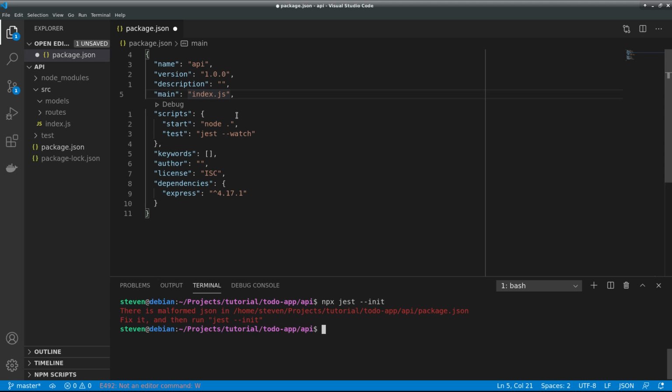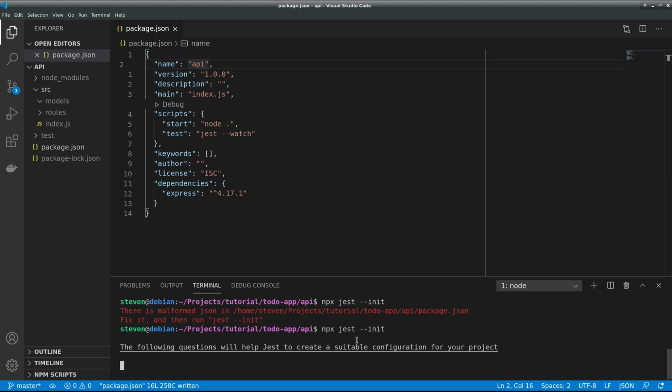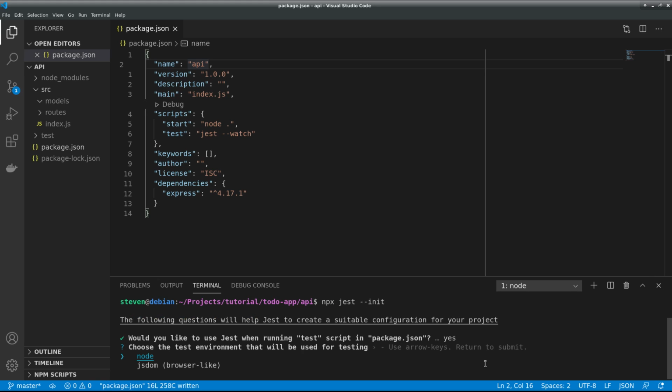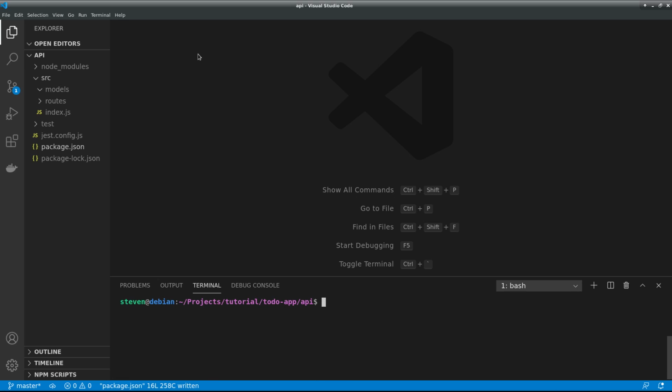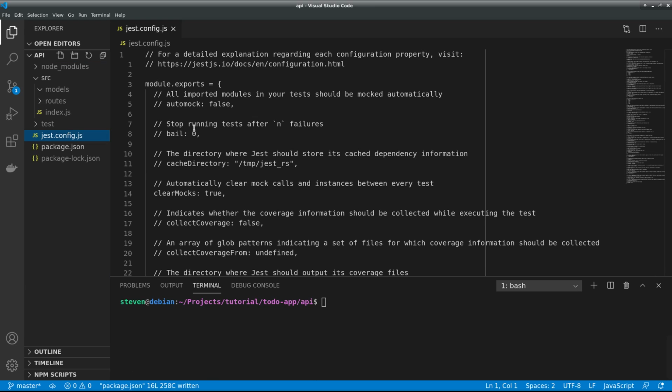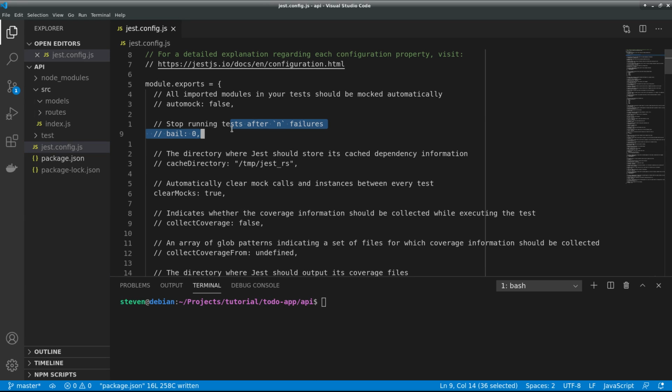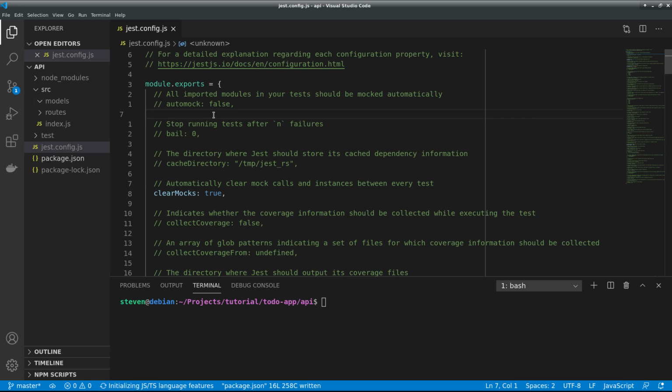There's a malformed JSON. Oh, I forgot to save this. Okay. Would you like to use Jest when running test? Yes. Let's close this. We are using Node. Do you want Jest to add coverage reports? Sure. Automatically clear mock calls and instances? Sure. But really what we want to edit here is we want to look for